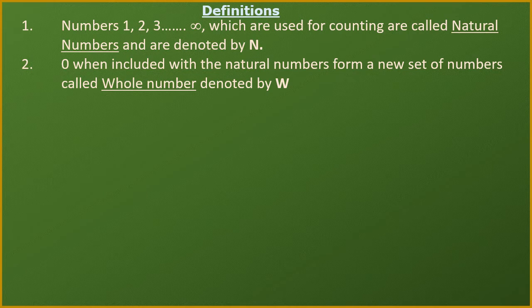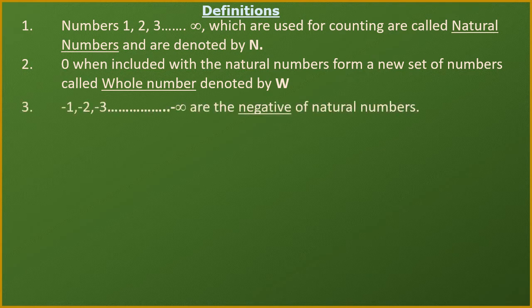Okay, let's see the second definition. Second definition is of whole number. When we include 0 in the list of natural numbers, it becomes a whole number. So in the whole numbers there is one additional element in comparison to the natural numbers. Natural numbers we denote by the symbol N, while whole numbers we denote by the symbol W. Similarly, we have written the definition of rational number.